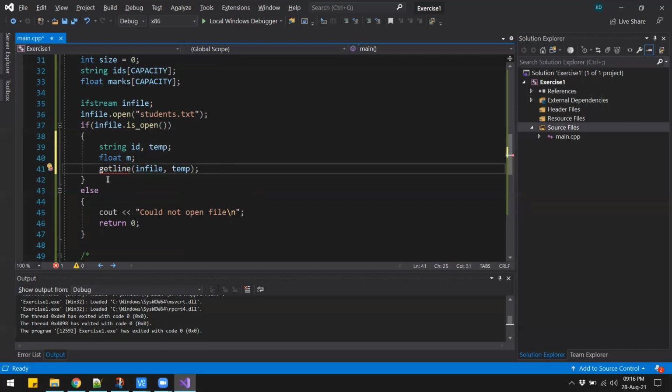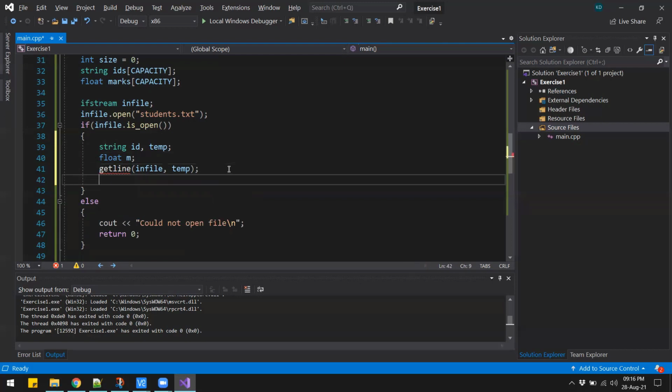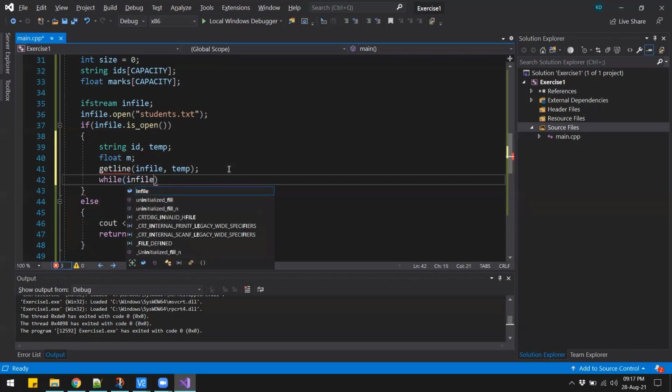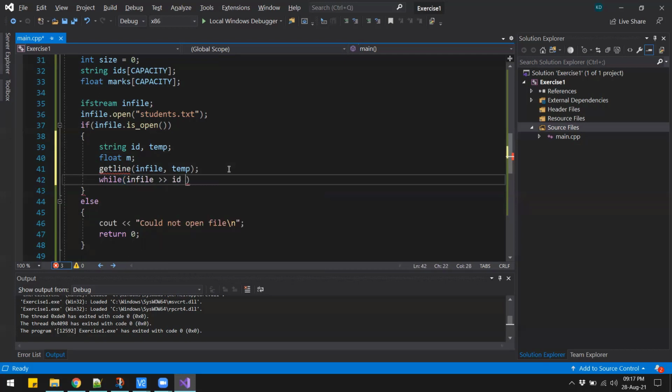So after we have read the first line, we can write a while loop to read the entire content of the file. So we can say while we get the value of ID and mark from the file.